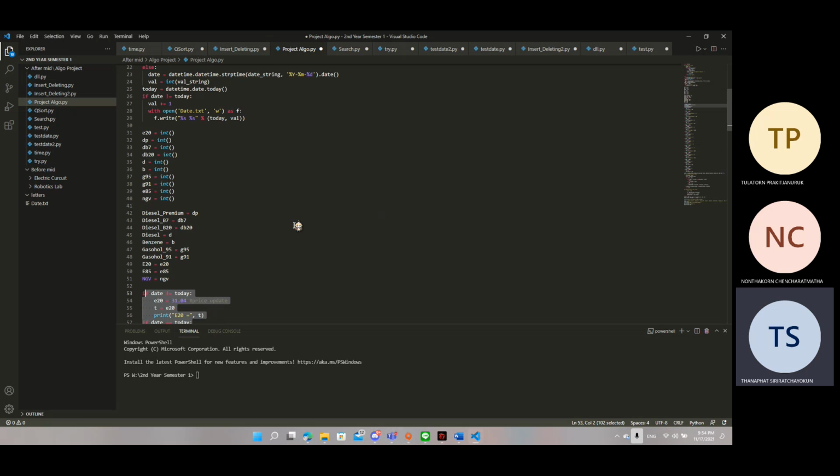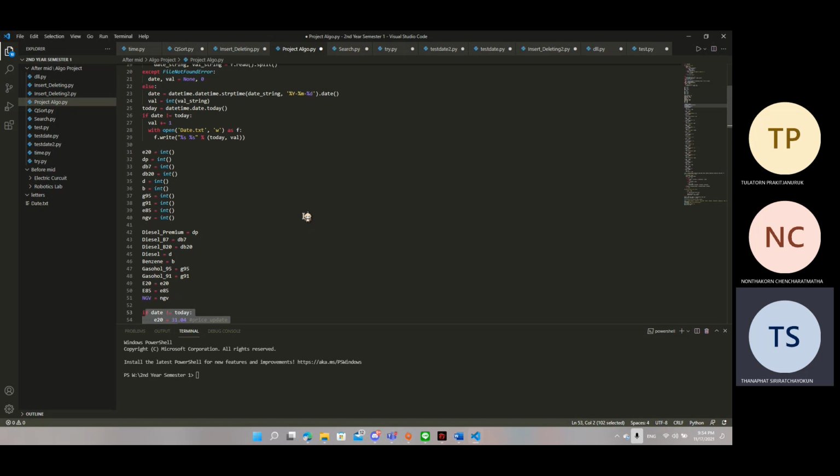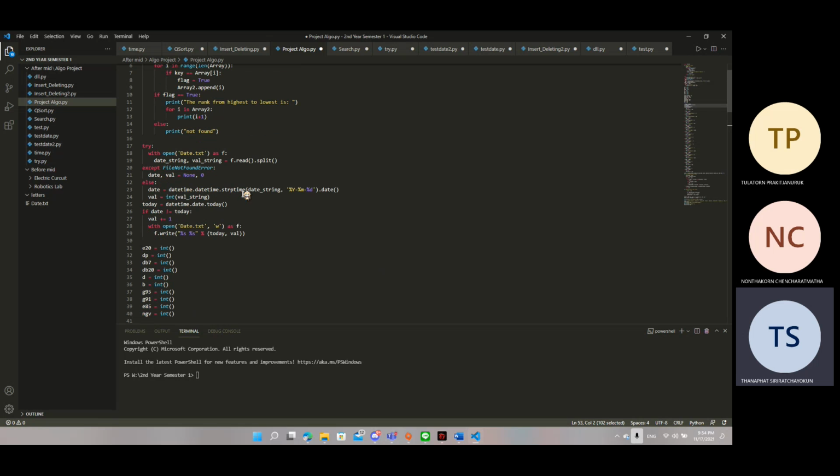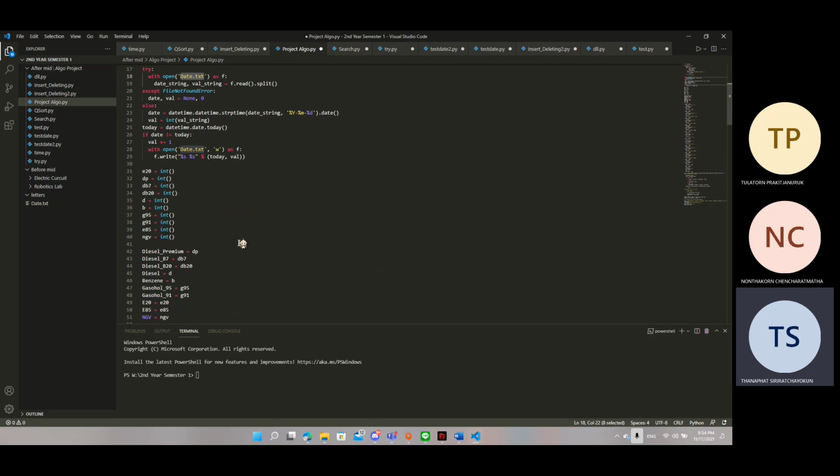For example, when we run the code today on 17 November, the value of 17 November will be stored in date.txt as a type string. Until tomorrow, 18 November, when we run the code again, it will take 18 November, compare it to the 17 November in the date.txt,